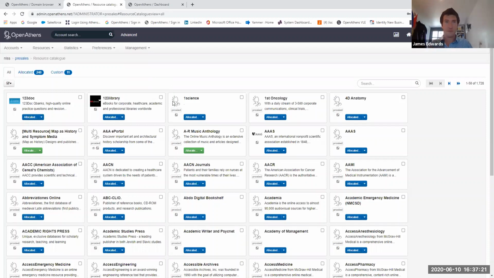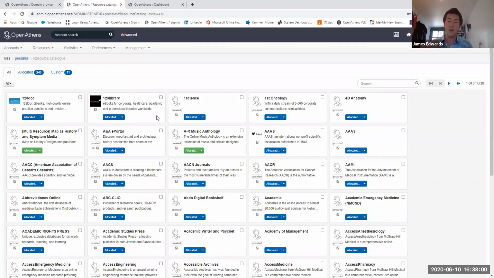As you can see here, some of these will say proxied underneath. So as much as the move to federation is the way that SAML is going to be, that's going to be a wave as publishers move that way, there are still a number of service providers and publishers that don't accept that as a form of authentication at the moment. They're still using IP and proxy. So OpenAthens does come with our own managed proxy system, and that's so we can work with a huge number of publishers out there. So we should be able to work with pretty much everyone that you currently are subscribing to. And there's no differentiation in the user experience.